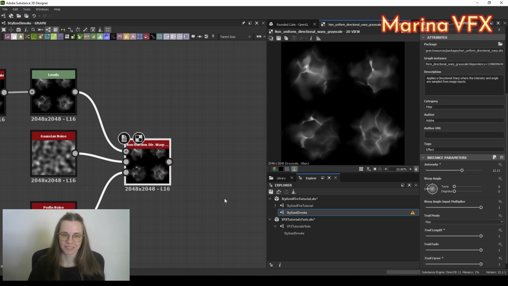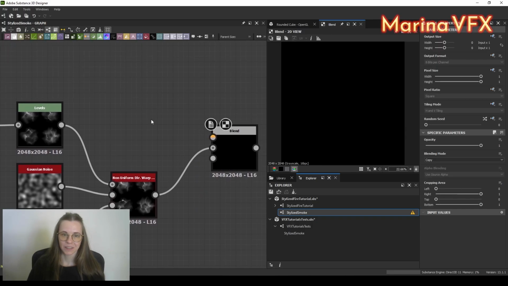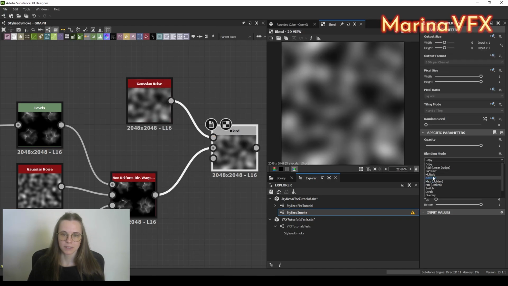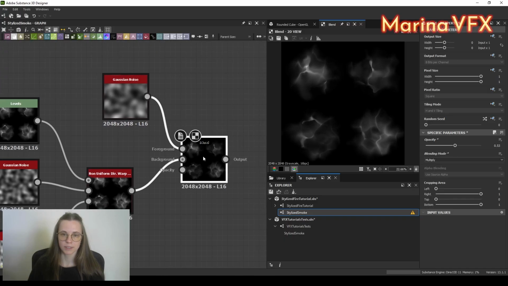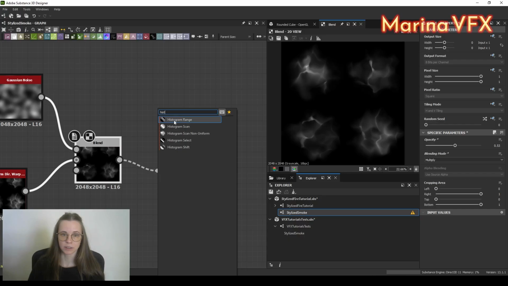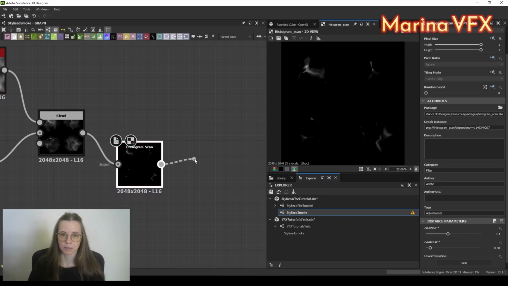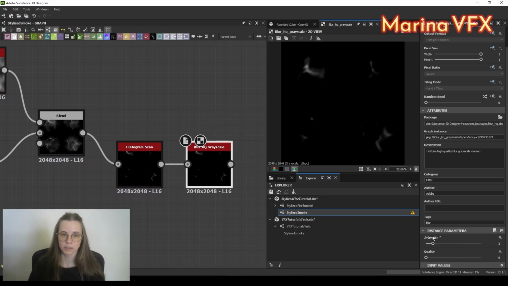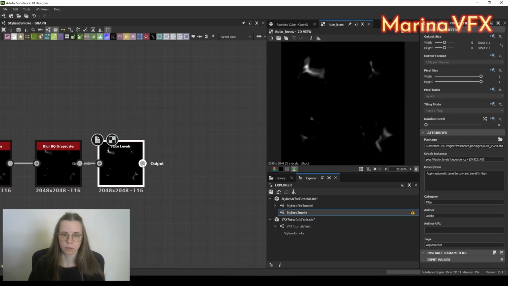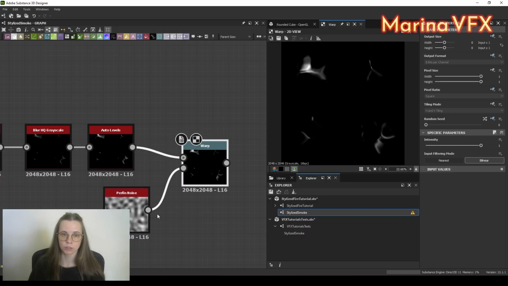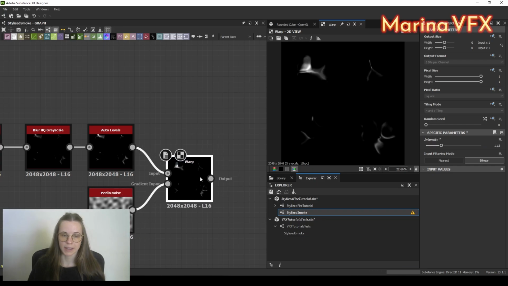After that, I'm adding another layer of multiplying with Gaussian noise to add some black spots. After that I want to add some highlights, so I take histogram scan to take the brightest part. I then blur them and warp them so they are not like on the main texture, and after the warping I will blend them back to the main texture to add some highlights to the very top layer of the